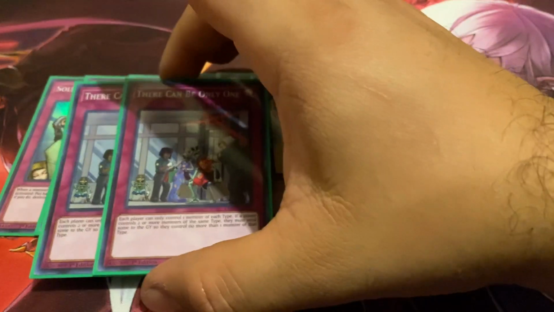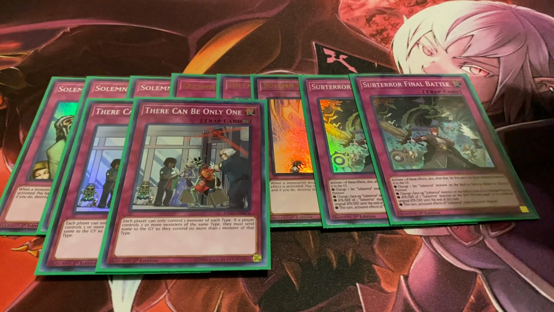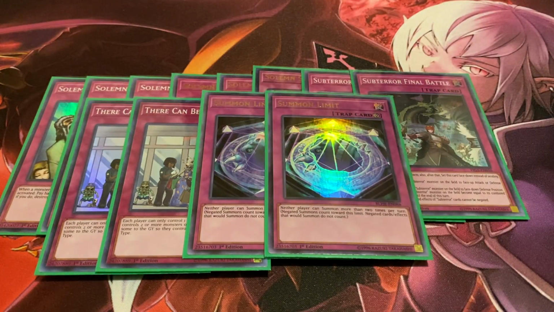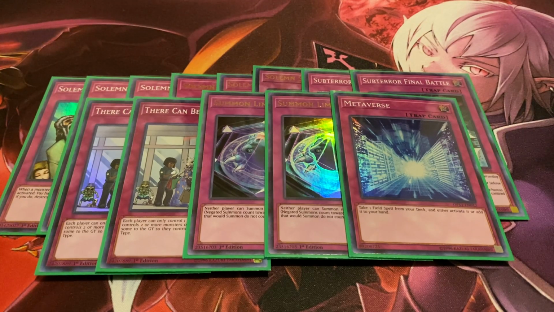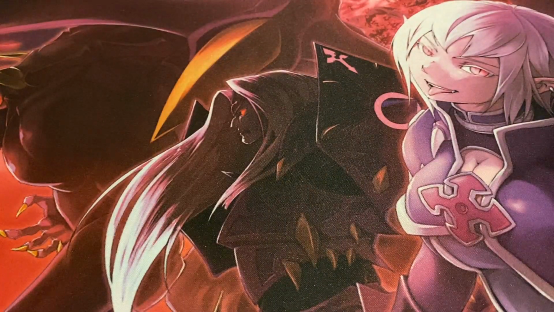For Floodgates, 2 copies of There Can Be Only One. 2 Summon Limit, because I don't want combo decks to get all crazy and stuff. Anything that's just explosive overall, this basically shuts that down. And of course, can't go wrong with 1 copy of Metaverse. And that pretty much runs out the main deck. So, yeah. All right,